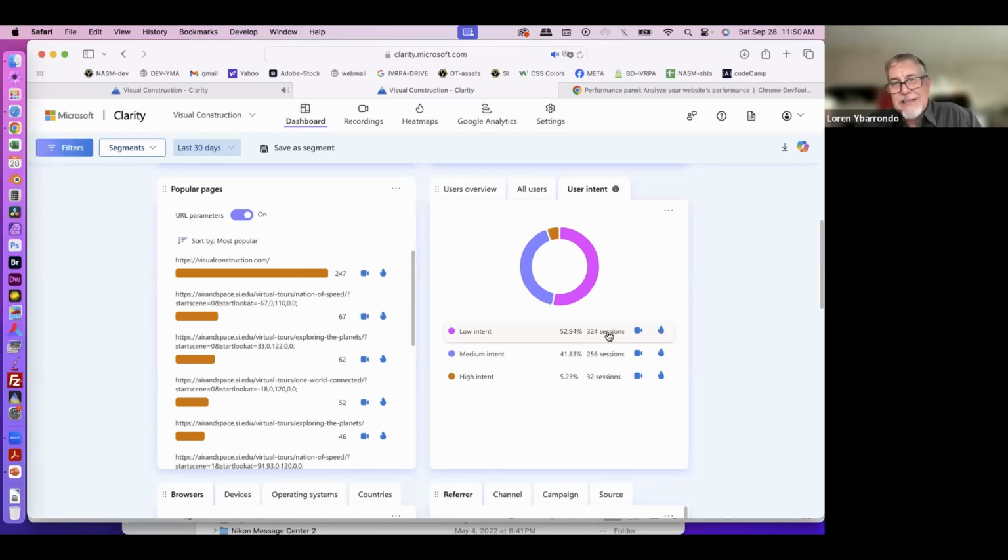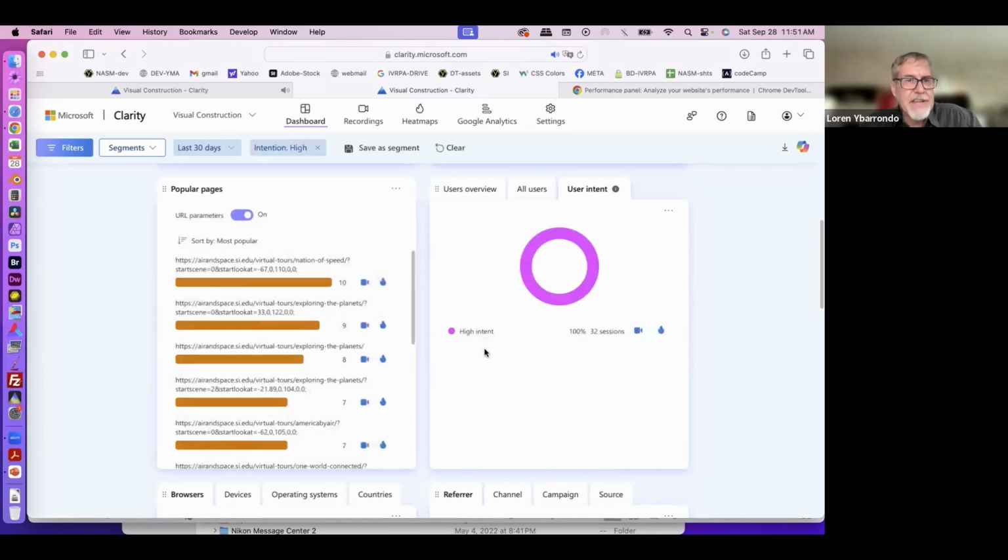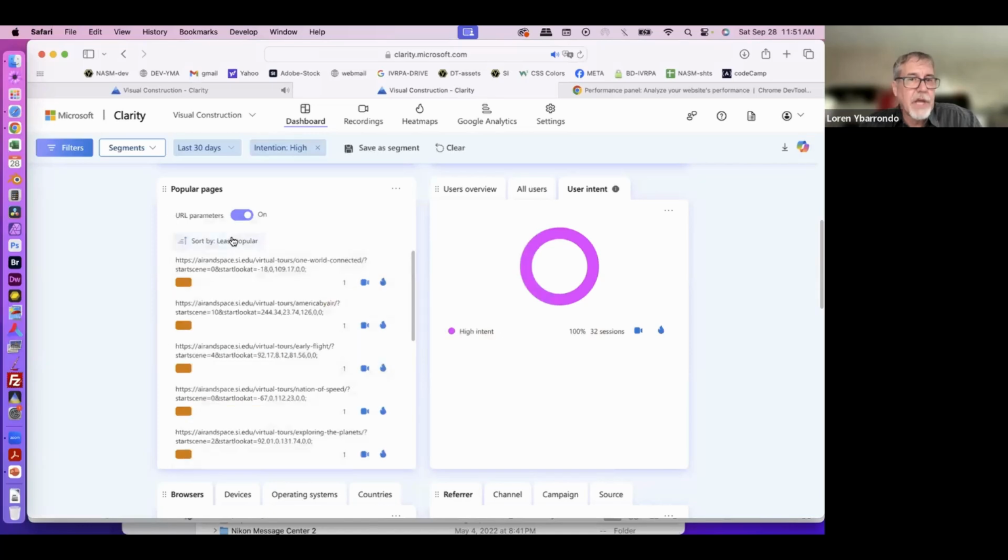So that's not meaningful data to me. I'm not going to get good answers from that. The high intent one is. And so I got 32 sessions that were considered high intent. And I can see and I can sort those by,